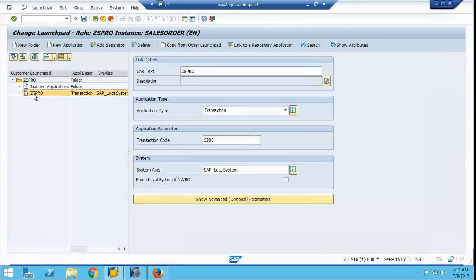roles, if you want to see, there is a transaction called PFCG. In PFCG, you can see all the roles based upon the requirement. Suppose you are a finance person, so a finance role will be assigned. If you are an HR person, HR related roles, so those apps only you can see.